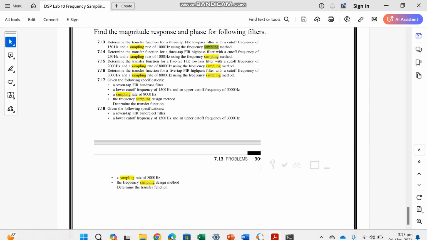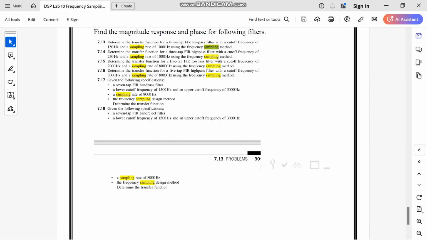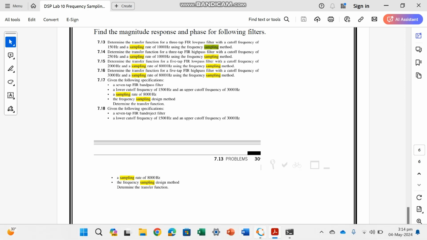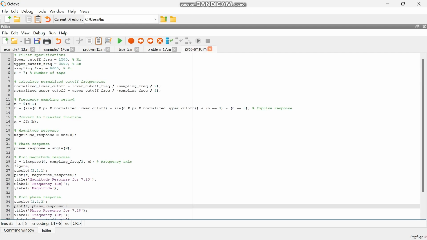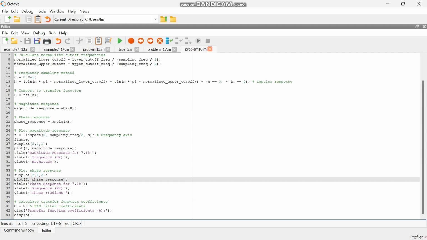Moving on to the last task, here we have problem 7.18. Here we have to implement a 7-tap FIR band reject filter with a lower cutoff of 1500 Hz and an upper cutoff frequency of 3000 Hz. The sampling rate is again 8000 Hz and we have to use the frequency sampling design method. For this we again have the same code with a few changes. The output is,